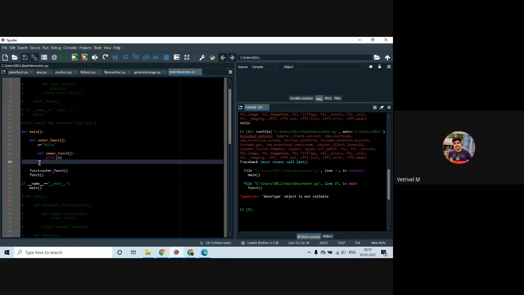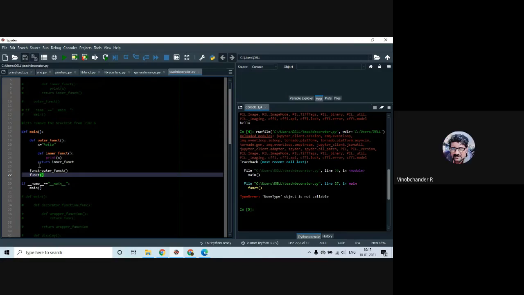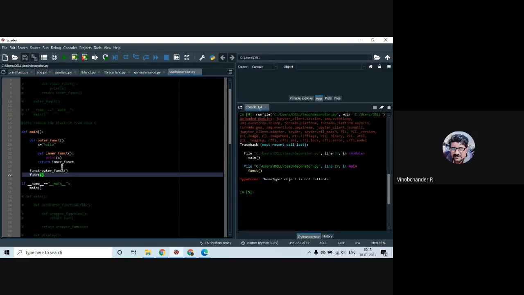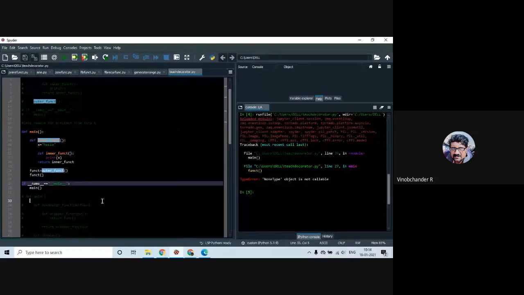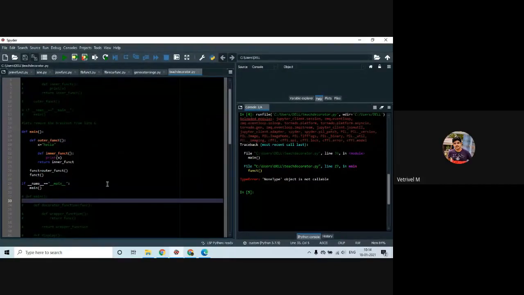Sir, it's NoneType because when he defined func, there should not be brackets. If there are brackets, then it directly calls the function instead of assigning. Yeah, that is correct. NoneType object is not callable. So the purpose here is to let you know that. Continue. Sir, it's because he used the brackets in line 26, in line 26 of func is equal to outer function. Those brackets should not come.